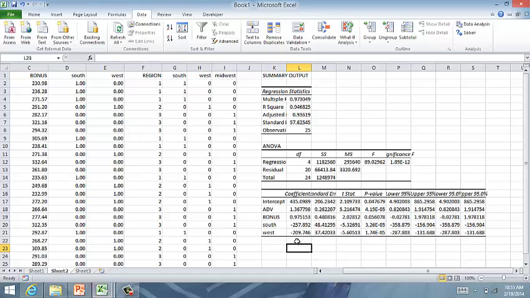The same thing would apply if I'm in the western region. Then my value of south is 0, but my value for west would be 1. So I would multiply 1 times negative 209. Again, I can just subtract that from the 435, which I have as my intercept. So if I'm in the western region, my regression equation would actually be 225 plus 1.37 times advertising plus 0.97